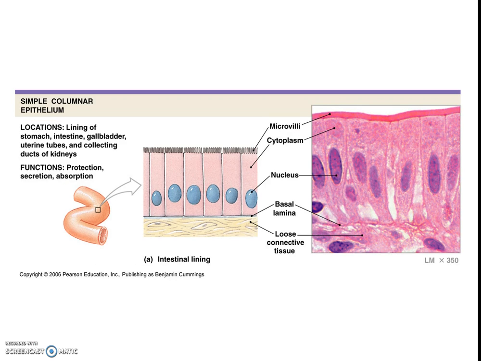In this picture we see an example of simple columnar epithelium. Simple again because it's one cell layer thick. Columnar because the shape of the cells are much taller than they are wide. In this situation we also see something interesting that we see a lot in the body, and this is the fact that we see on the free end microvilli, which are several folds in the upper portion of